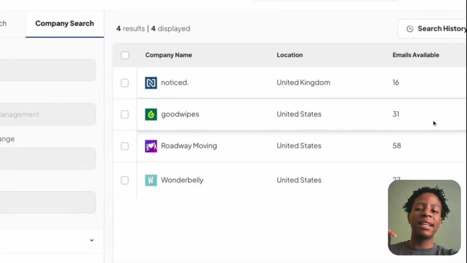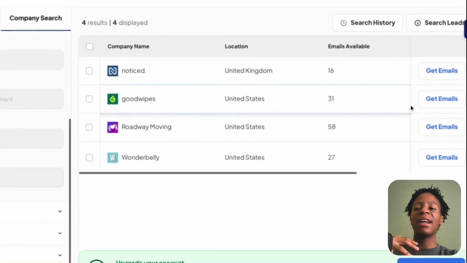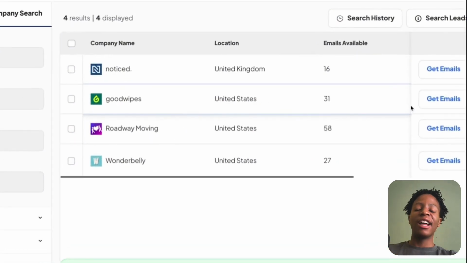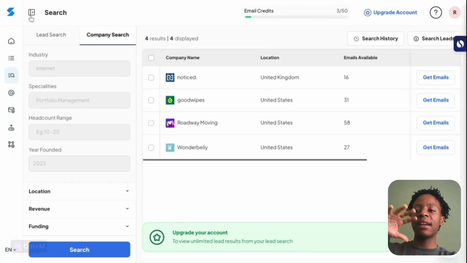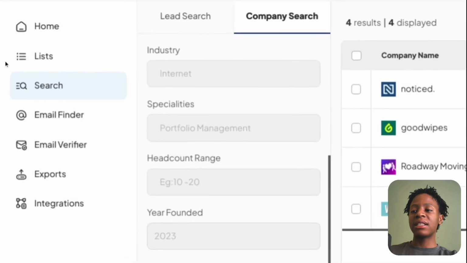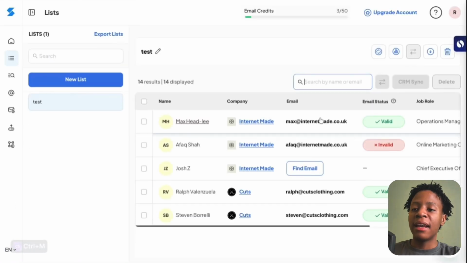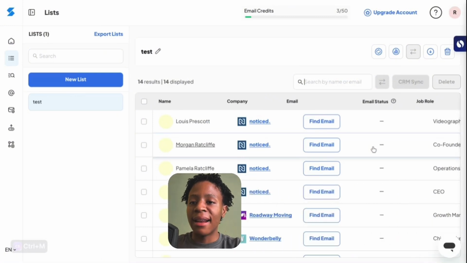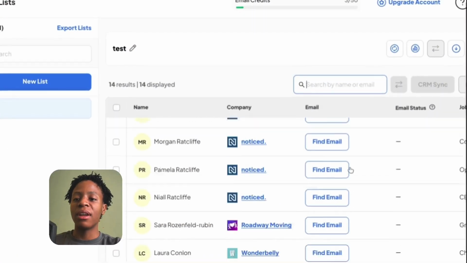Now, I won't be adding them to my list, generally just because you're gonna add an overview on the different lead sources and decision makers that you can literally scrape businesses from, right? So in terms of finding those specific emails for those lists, just click on this list section of it all, and here we have it, a list of all the different leads that you can review the contact